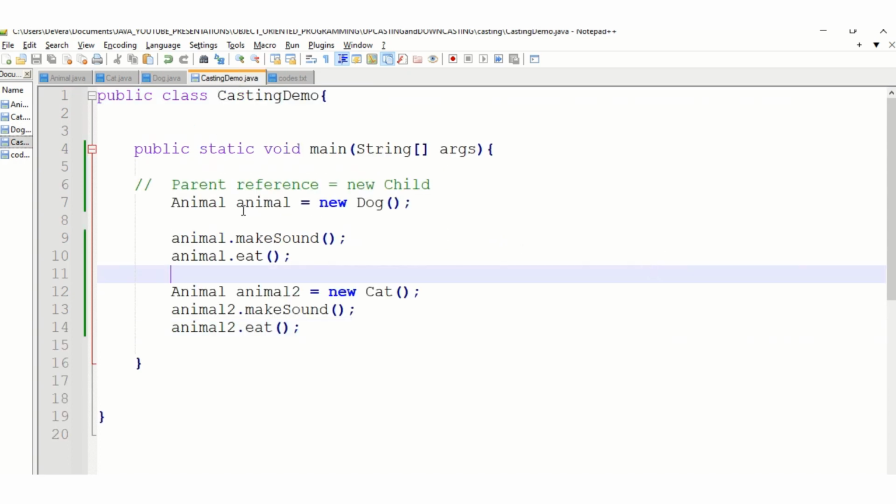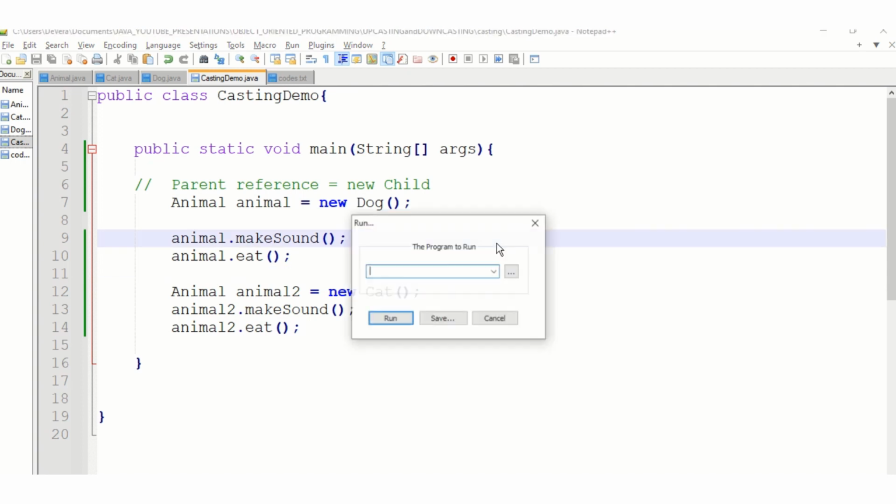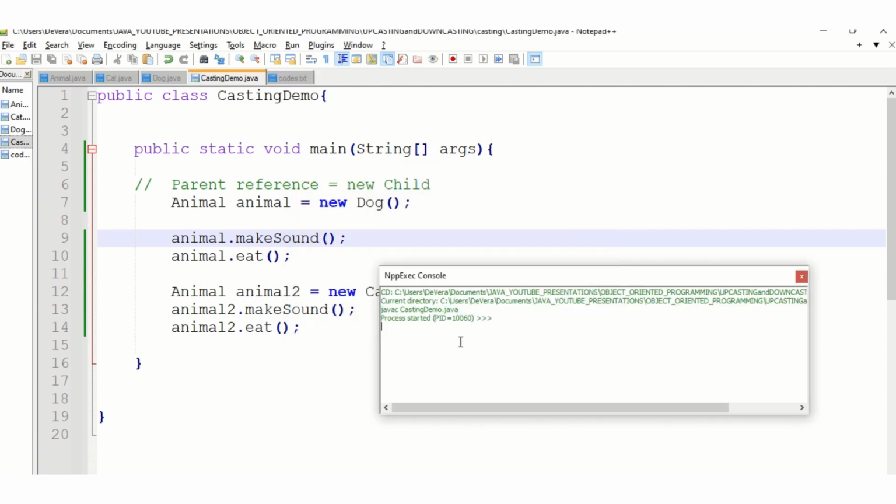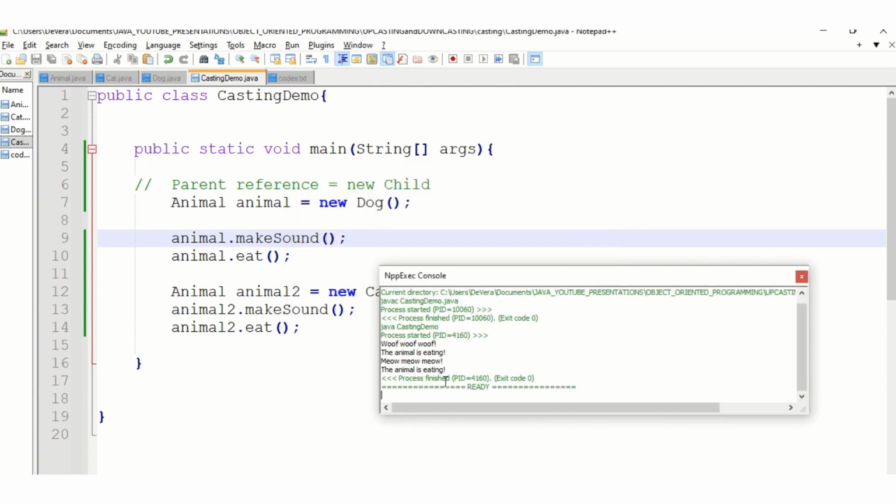As you can see, upcasting is performed here. Animal is equals to new dog. So animal.makeSound, animal.eat. We are accessing all the methods of the superclass. The superclass has make sound and the superclass has an eat method. So when we run this program, what will be the output? Okay, so the sound is woof woof woof, the sound is meow meow meow, and then the